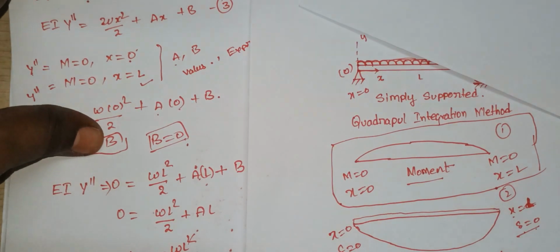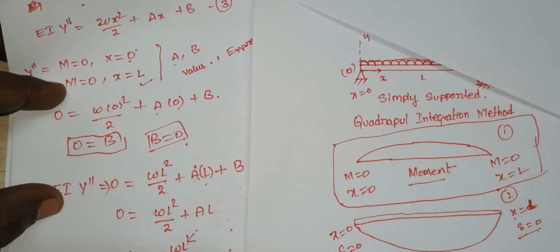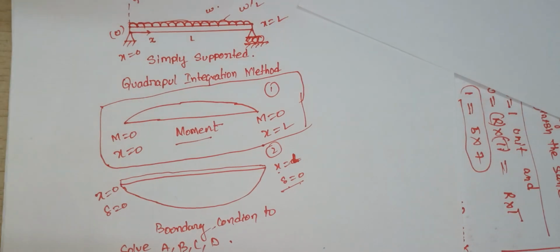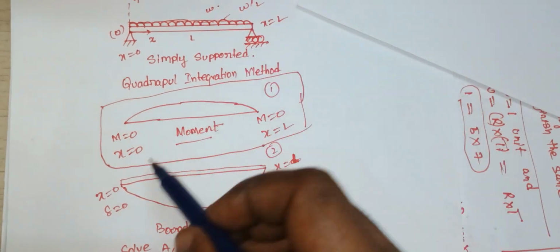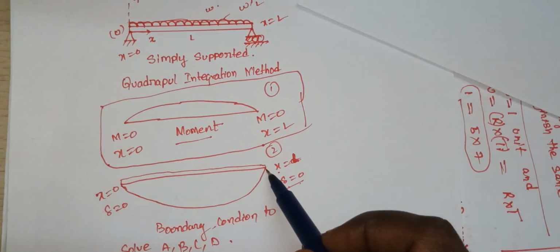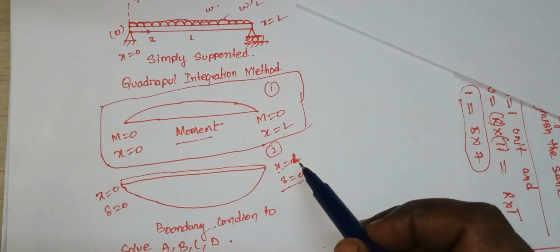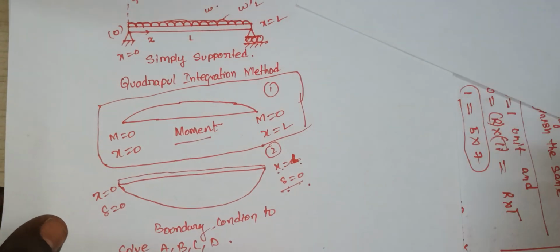The third constants are C and D. Now, using the deflection curve, we know that for a simply supported beam, the deflections at both ends are 0. So at x is equal to 0, delta is equal to 0, and at x is equal to L, delta is equal to 0. So we will use our